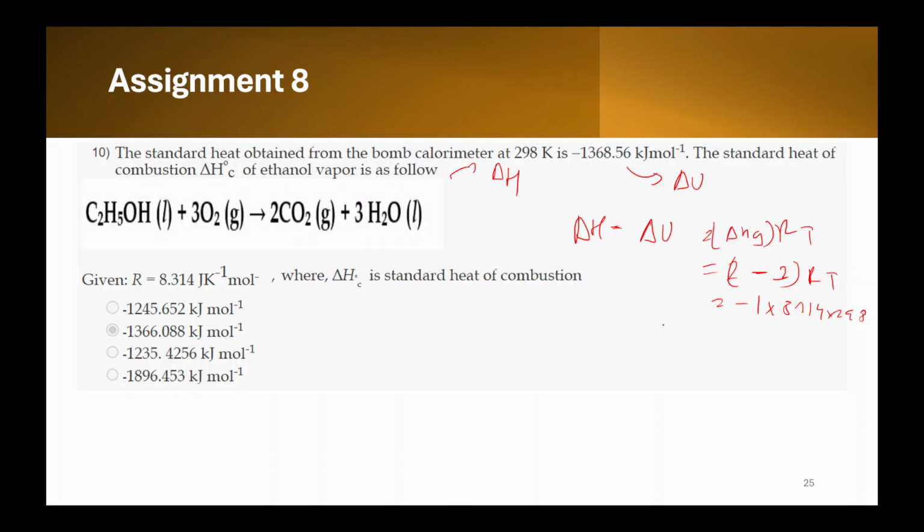You don't know delta H, but you know delta U. So it's negative of 1368.56 on this side. Delta H is this. So delta H comes out to be 1368.56 minus 8.314 into 1 into 298. So this will be your answer. Sorry, this negative sign will be here. So it comes out to be